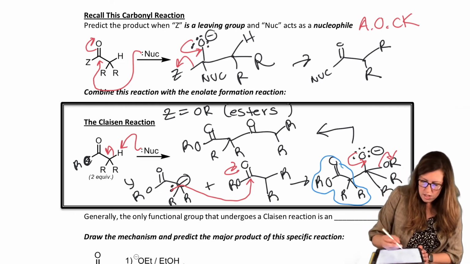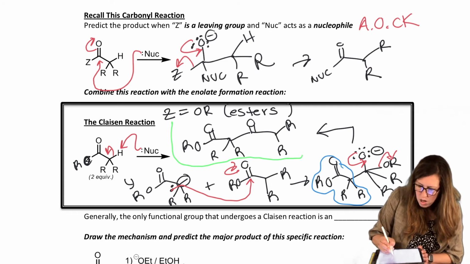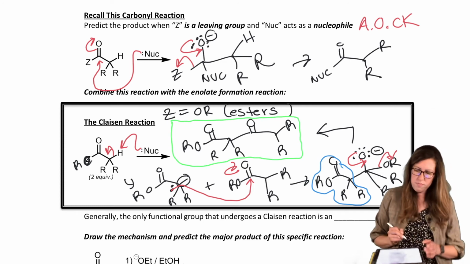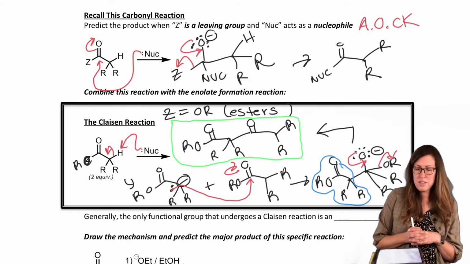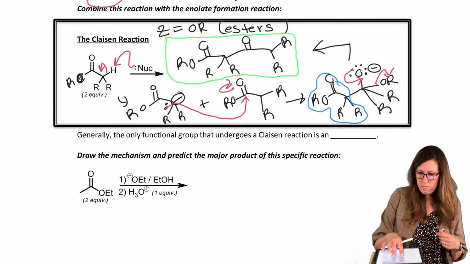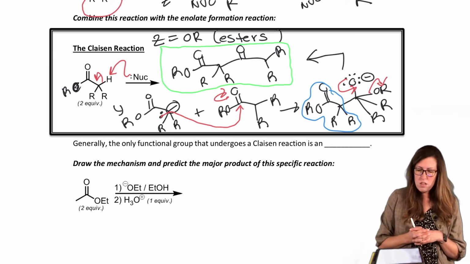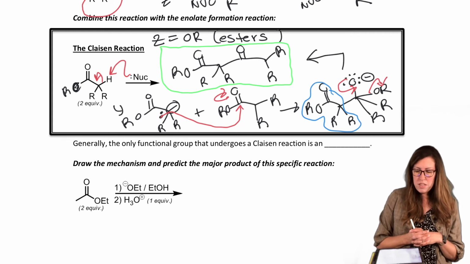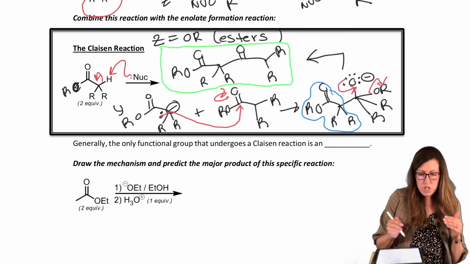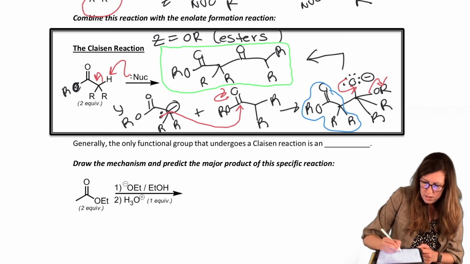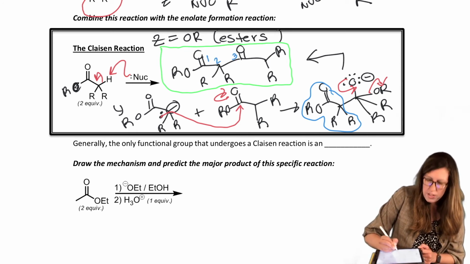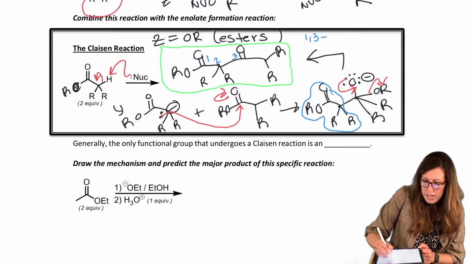So let's pause and look at that for a minute. What do we call that kind of compound? Because we have to recognize that. We have to know when we're doing a so-called Claisen reaction. So the best way to probably describe this is the relationship of the carbonyls to each other. So we have a 1, 2, 3 relationship. So we can call this a 1,3 dicarbonyl, and that's true.